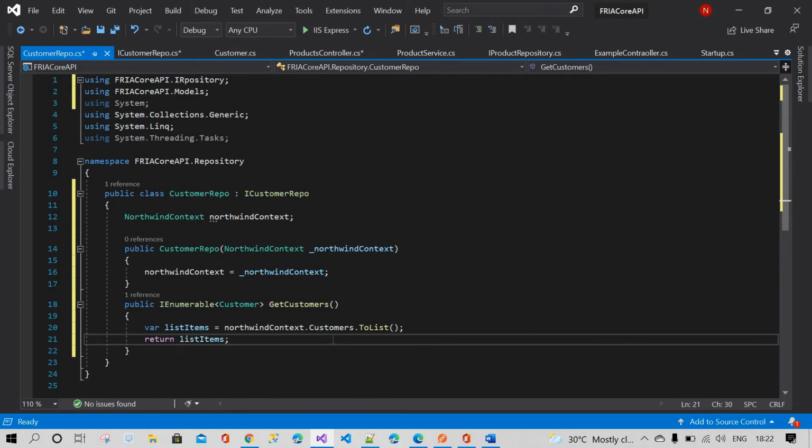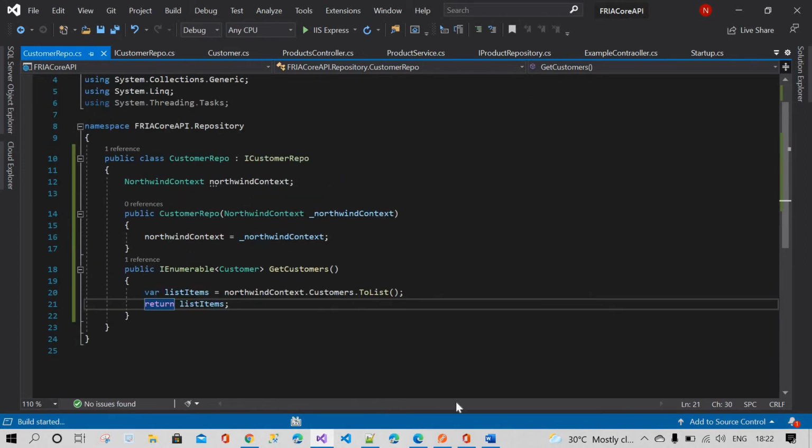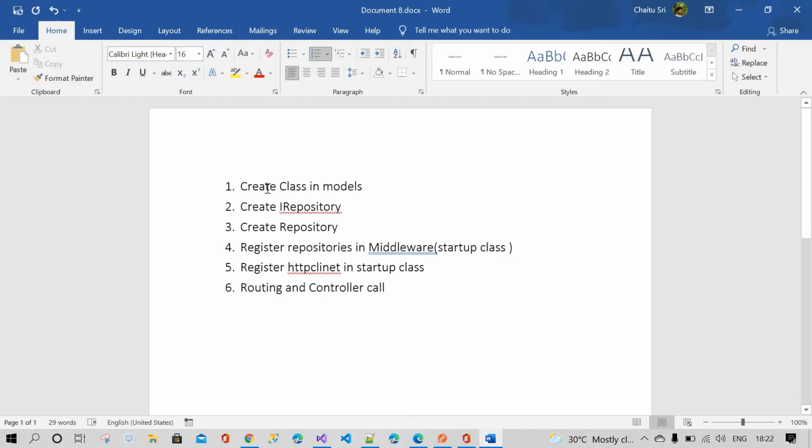Control Shift B. The class has been created, the repository has been created, and we have implemented it here. Now whatever repository classes you have created, you have to register in the middleware, that is the startup class.